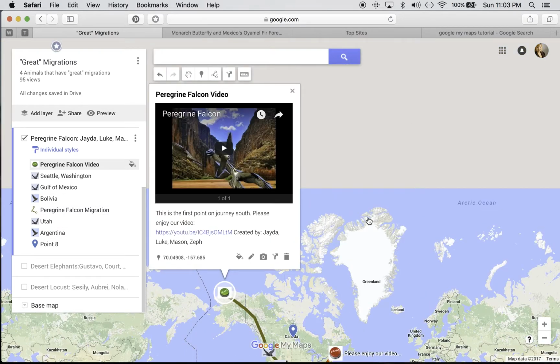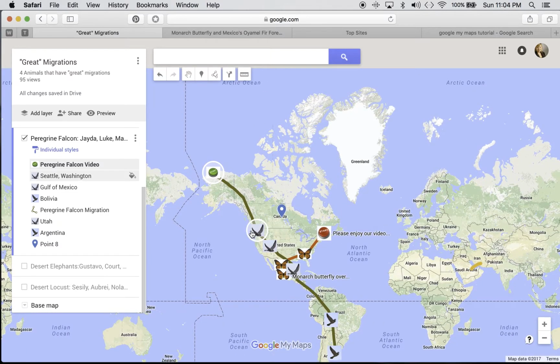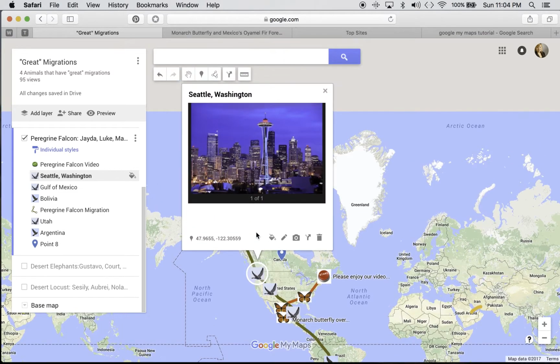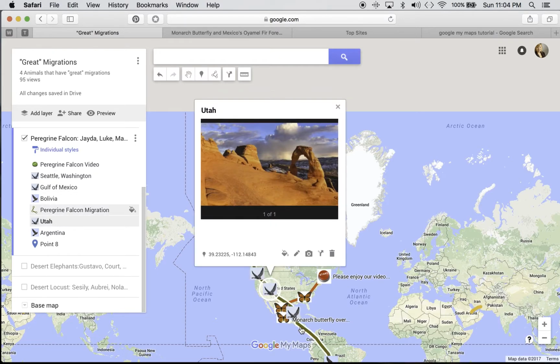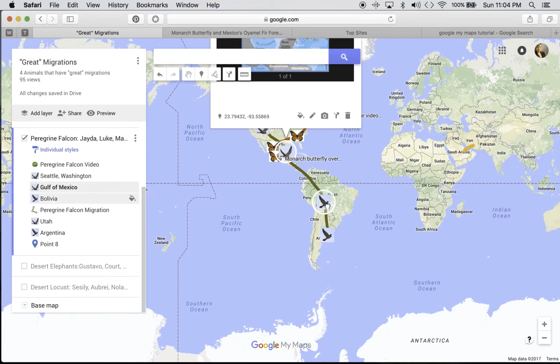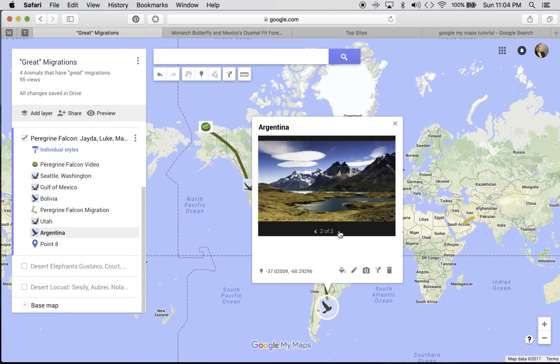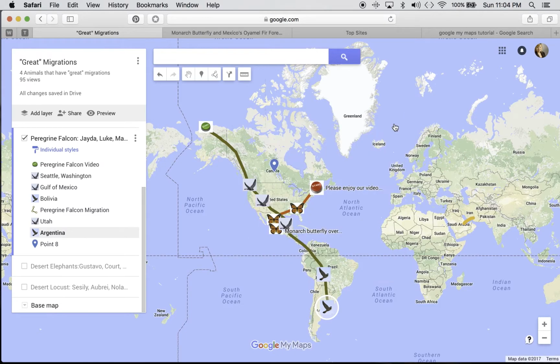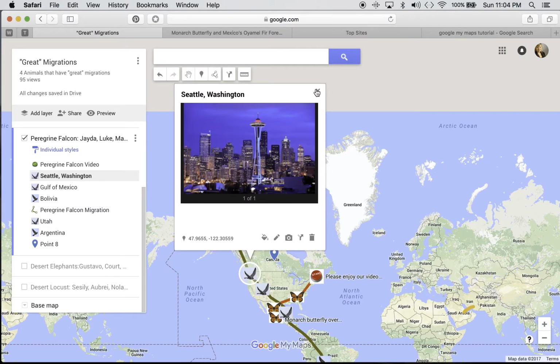Here, we start up in Alaska to learn about the peregrine falcons. Here we have the title, Peregrine Falcon Video, with some information, a link to the video, and then the team members in the class who created this together. If you look down and you click on these nice little icons, Seattle, Washington is the next point on the migration route. Then we have Utah, the Gulf of Mexico, through Bolivia, all the way down to Argentina. So we decided to use these custom icons as well as putting some colorful photography just to give people this